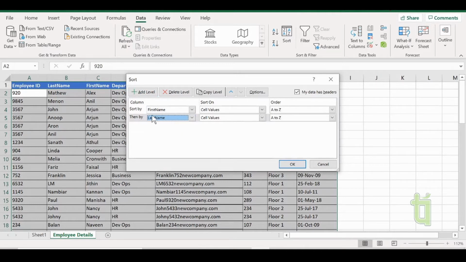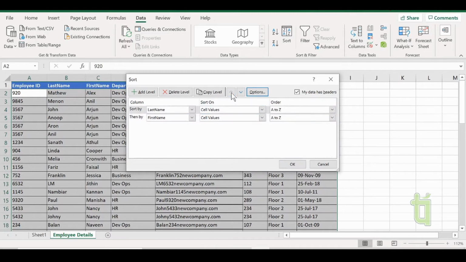First you can see sort by first name and its details, and then by last name. So first sorting will be done on first name based on cell value A to Z, that is ascending, and then last name will be sorted based on cell value in ascending order.